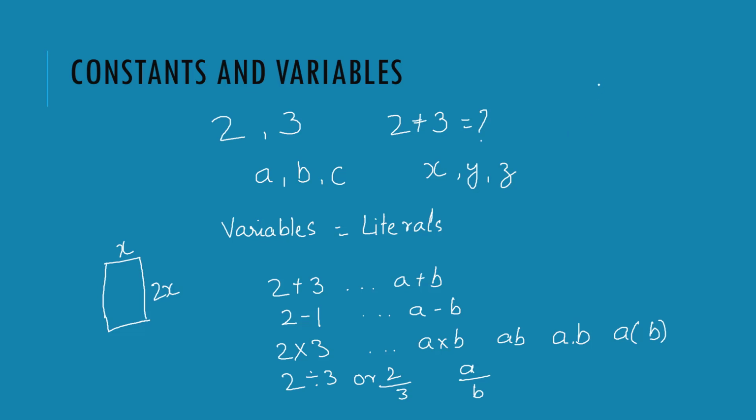So in your arithmetic, you have 2 plus 3. This is the same as 3 plus 2. This is called the additive property. So this is also applicable for variables. a plus b will be the same as b plus a. Similarly, 3 into 2 was the same as 2 into 3. So it will be the same as a into b. ab or ba is the same.